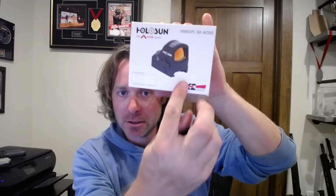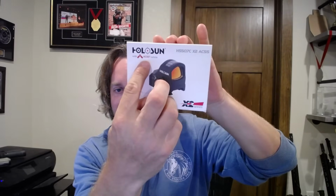The ACSS reticle, I would not recommend using. Tested it some. Very nice that these were sent to me. I wouldn't recommend the ACSS reticle. And before I go too far down this rabbit hole, this is what I'm talking about up here, the ACSS